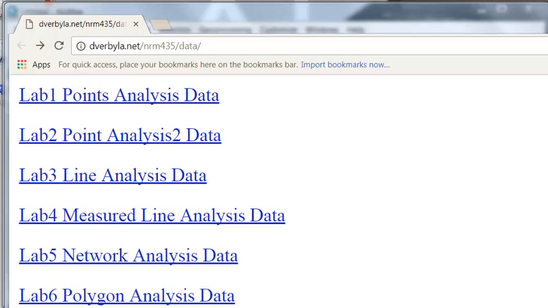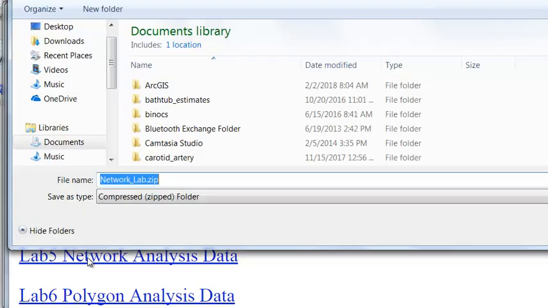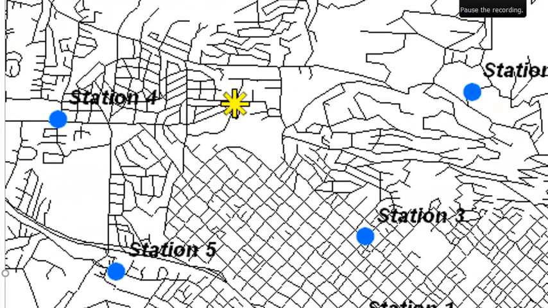Like last time, we're going to be working with data in this session that you can download from this link. So if you didn't download it from the last session, you can download it and unzip it for this session. This will be a closest facility problem where we're going to have a fire, and we have fire stations located throughout the city, and we want to find the two fire stations that should respond along the linear network to